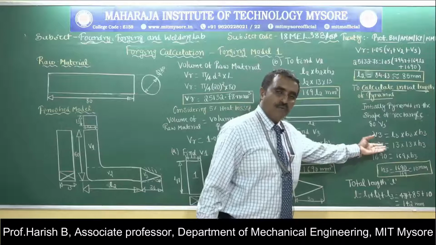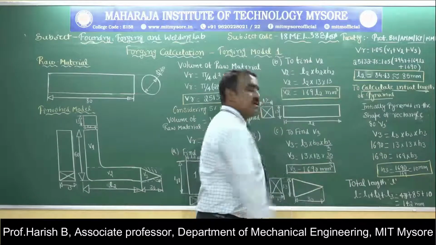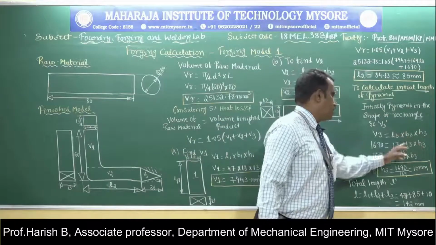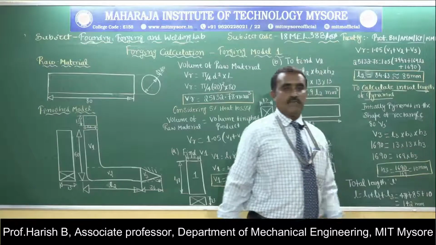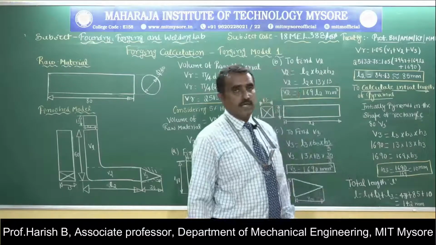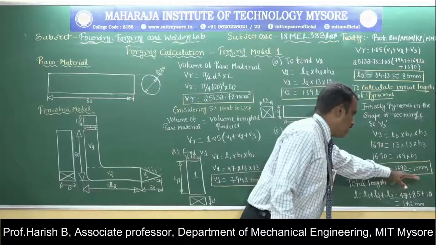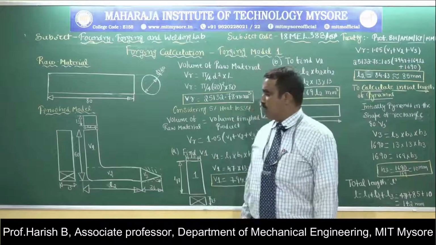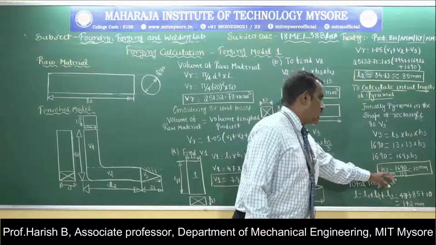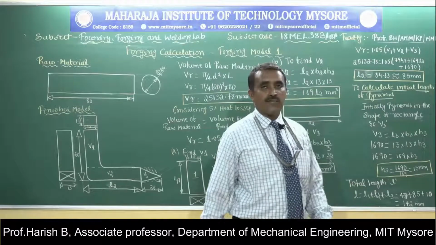So I know the volume of the square pyramid. V3 I have already calculated, that is 1690. So that is equal to L into B into H, so 13 into 13 into H3. H3, the height of the square pyramid, is the unknown factor. So from simplifying, I will get the value of H as 10 mm. Value of H I am getting as 10 mm. So that will be the height of the pyramid.